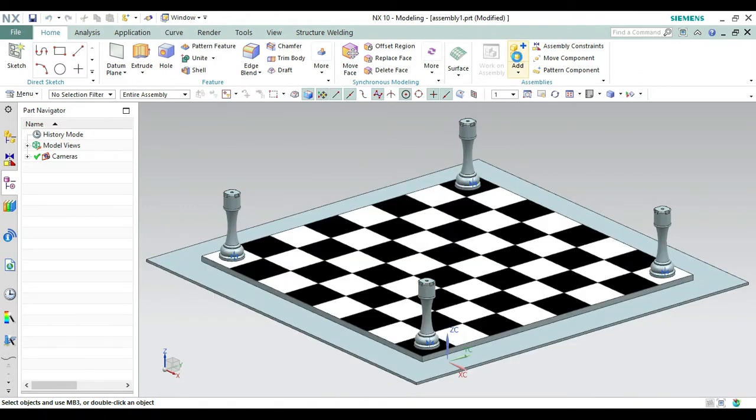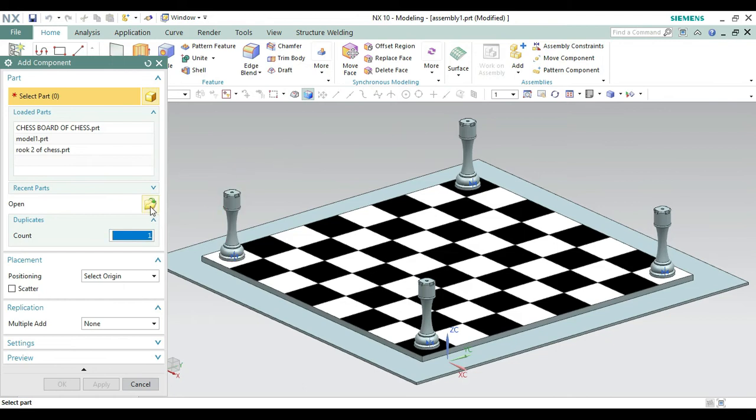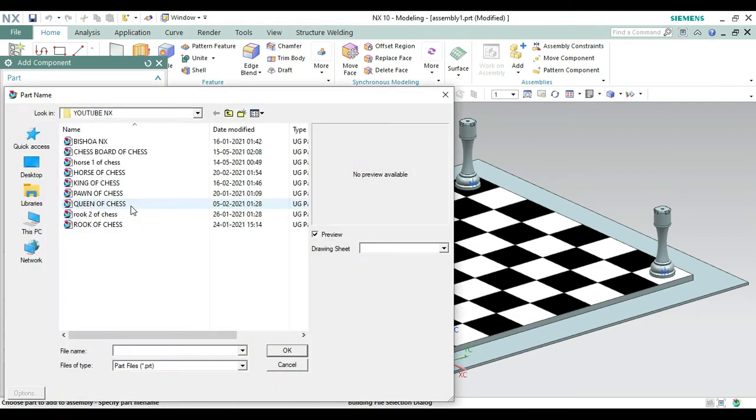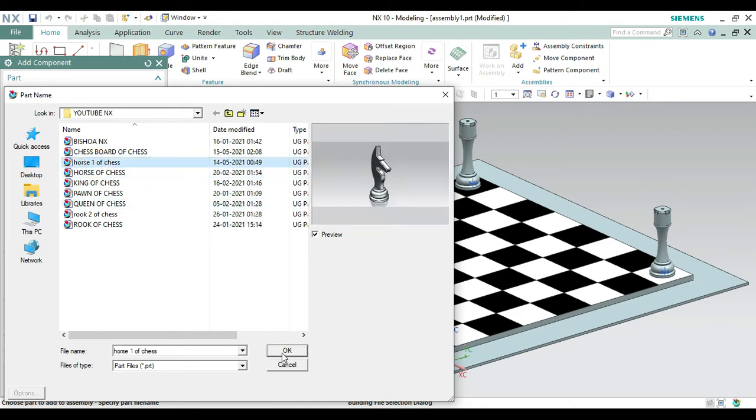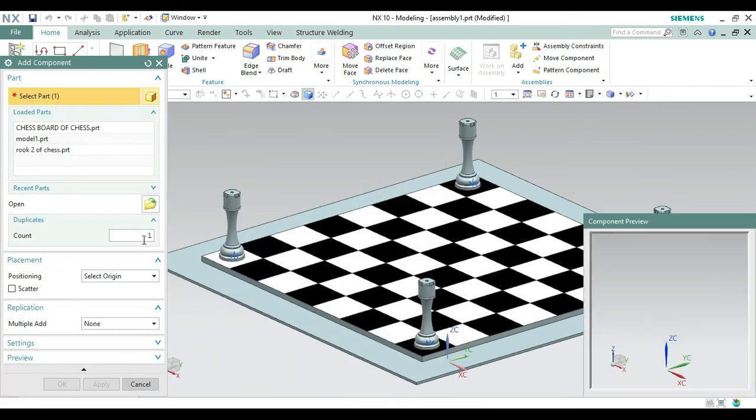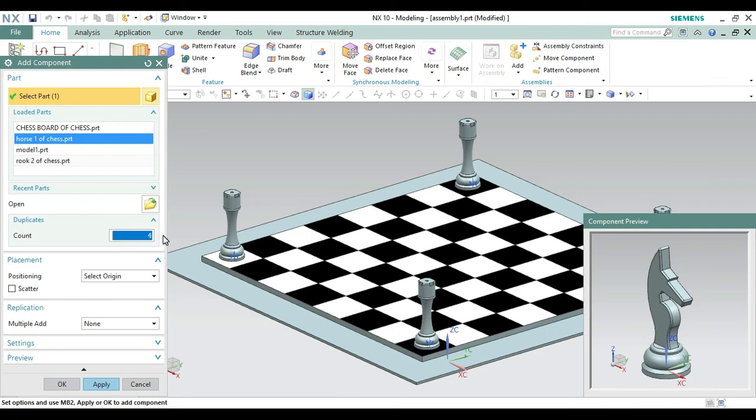Again going on to this add command. Now select the open from here, and now what will we bring? We have to bring the horse because that is, let's minimize 1 2 3. Okay, so let's bring first horse from here and make it okay. Number of copies, make it 4. Now make it okay,